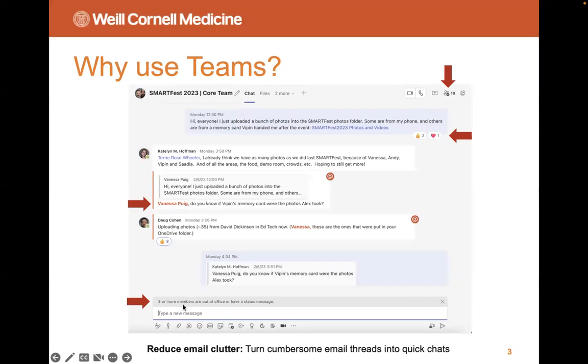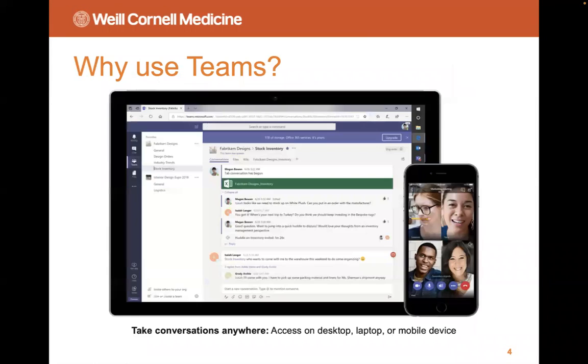There's this nice integration with people's Outlook calendars where you can tell who may be out for the day, or who may have their do not disturb on, for example, because they might be in a meeting or doing a presentation. It makes communication a little more streamlined than doing it in Outlook.